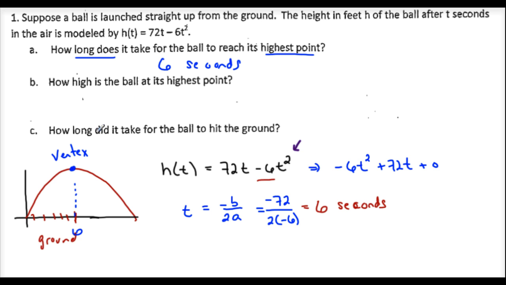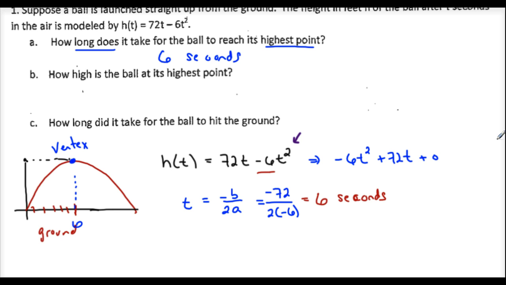Part B, how high is the ball at its highest point? So now what is it asking for? The height of the ball. Now I'm asking for the y value. So how high is this ball? How do I find the height of this ball? Substitute it in, absolutely. This is the notation I want you to use. I'm substituting 6 into my function. So h of 6